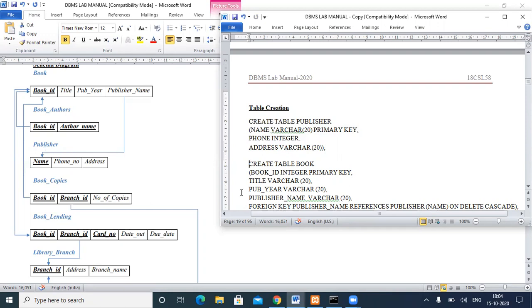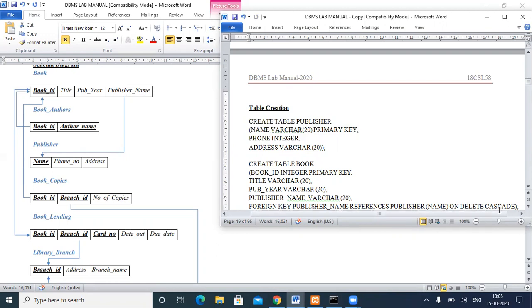Publisher table. So here the syntax is foreign key, publisher name will be a foreign key, and references publisher. Under this publisher, which attribute is it referencing? Here I have given the name as publisher name, but in the publisher table, the attribute name is just name. So here we have to specify that under this publisher, we are referencing the name attribute, and we are adding a constraint called on delete cascade.